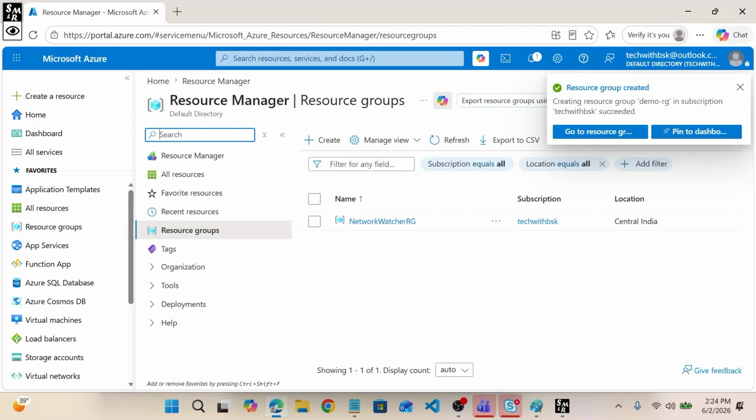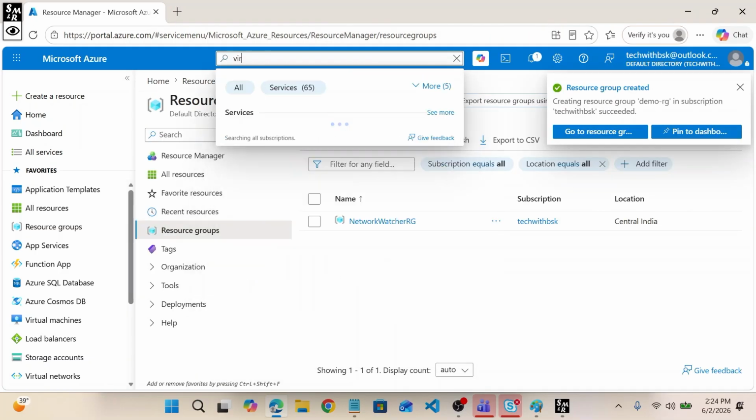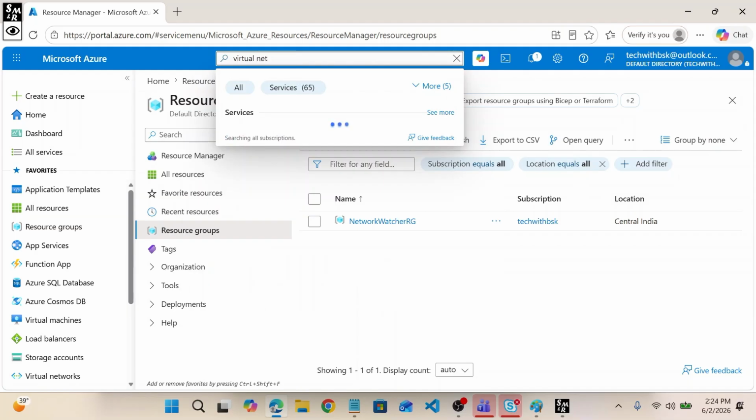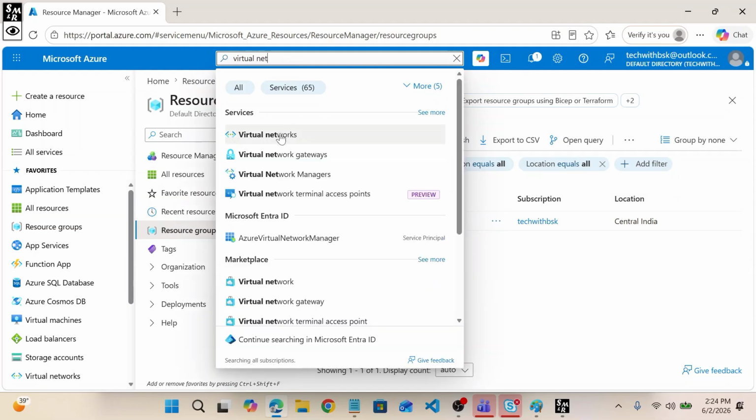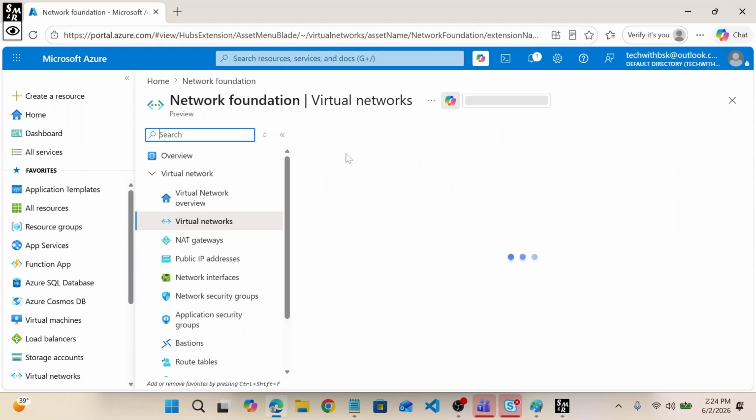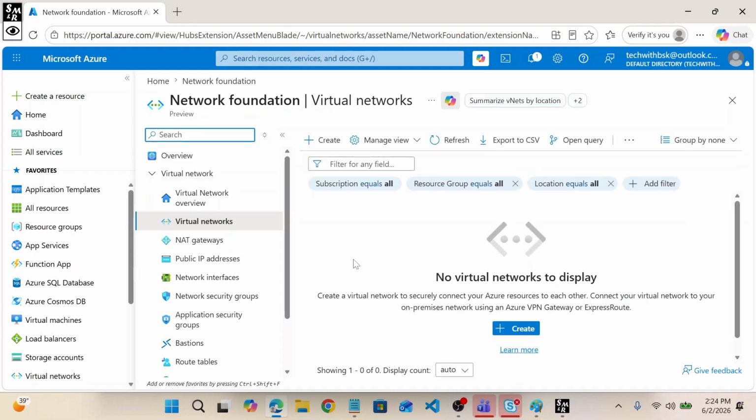Okay, once it is created, you can directly go into create virtual network. Here I'm going to create one virtual network and three subnets. One is for the web server, one for the app server, and one for the DB server. Let's click on create,